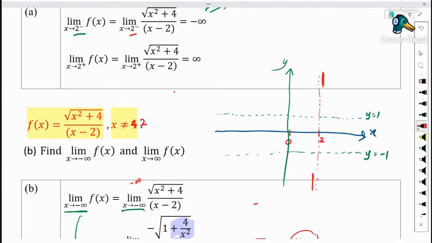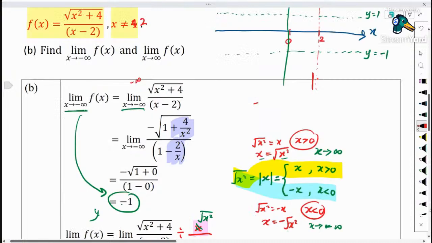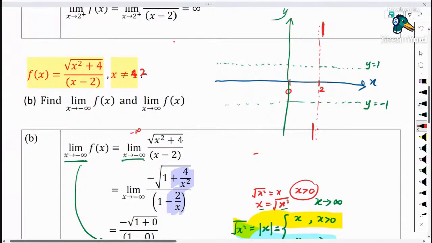Then from part B, what I find out is that when x approaches negative infinity, the answer is y equals minus 1. That means when the graph approaches negative infinity, the graph is getting very close to y equals minus 1. So when approaching negative infinity, towards the left, our graph is getting very close to y equals minus 1, but it can get very close either on top or below the asymptote. And which one is the appropriate